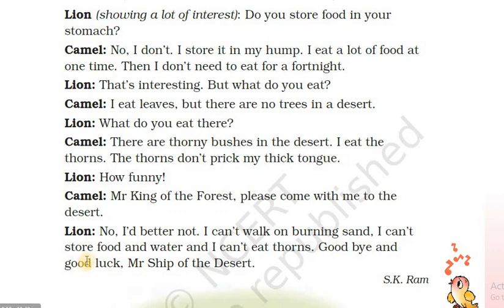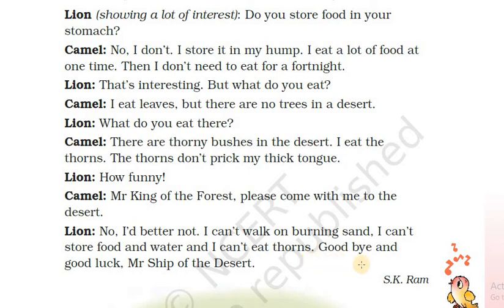I can't store food and water and I can't eat thorns. Lion बोलता है कि नहीं मैं नहीं आ सकता क्योंकि मैं सैंड जो गर्म हॉट सैंड है उसके ऊपर चल नहीं सकता, मैं फूड स्टोर करके नहीं रख सकता, इवन नॉट वाटर, राइट। And I can't eat thorns, जो थॉर्न्स होते हैं वो भी मैं खा नहीं सकता, सो मैं आपके साथ नहीं चल